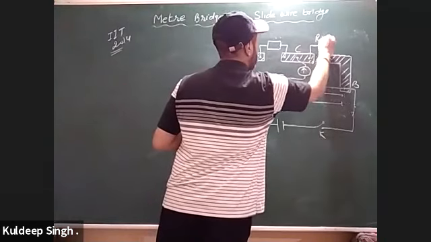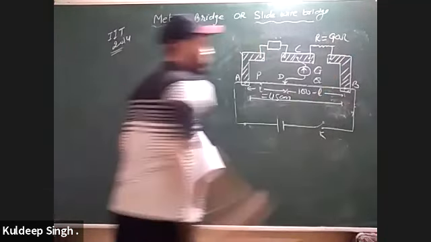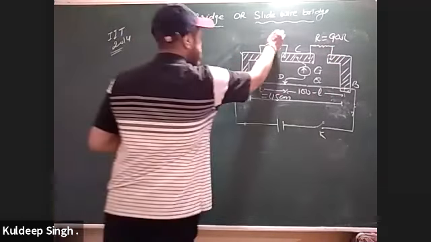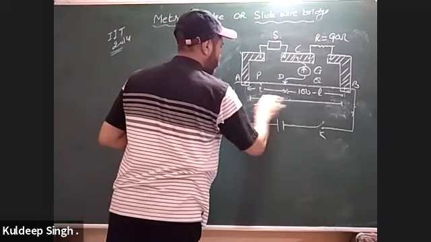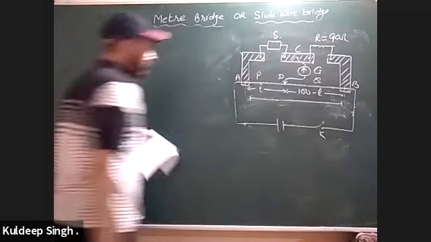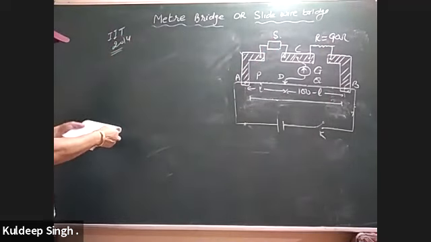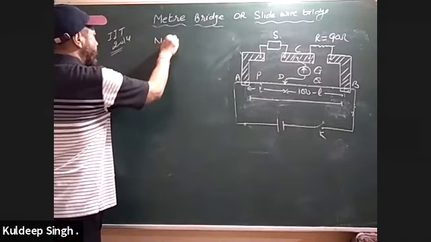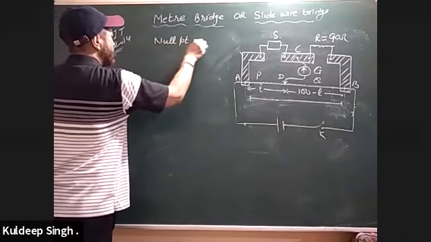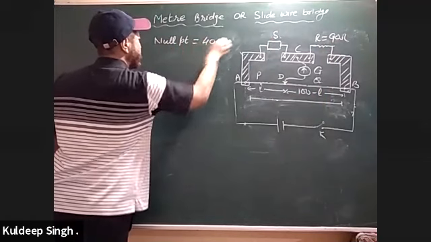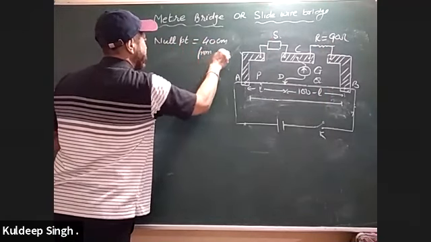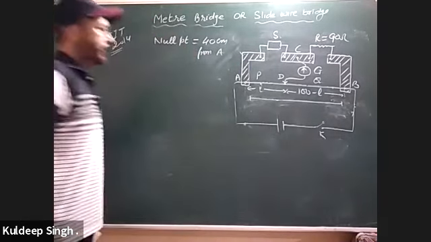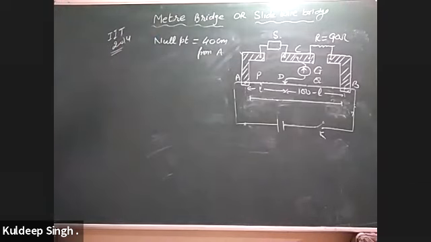R equal to 90 ohm. R given हमें 90 ohm and S हमें find out करना. And the balancing length, null point is found to be at 40 centimeter from A. A से 40 सेंटीमीटर पर है null point. You are to find